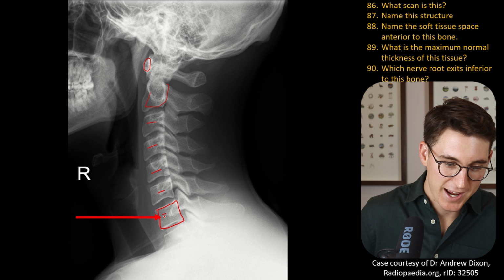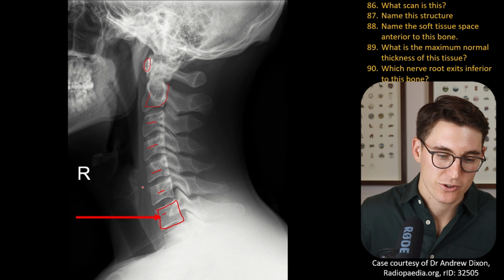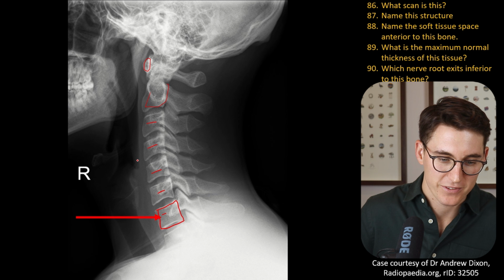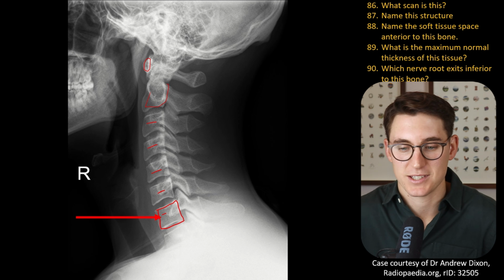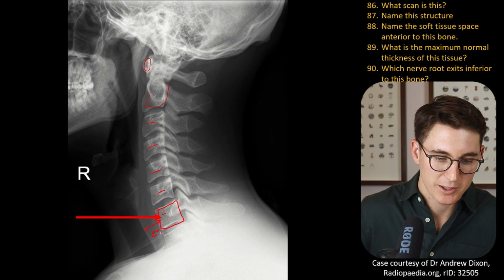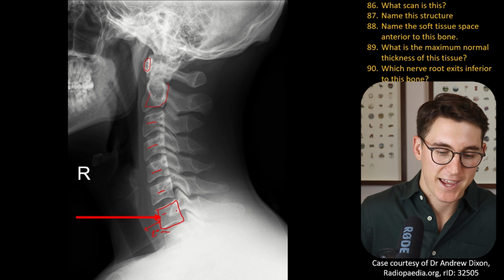The soft tissue anterior to this soft tissue here is known as our retrotracheal soft tissue, or retrotracheal space. Retropharyngeal space here is above the level of C4, a much thinner space there. We allow the maximum thickness here. It varies between texts, but generally we say 20 millimeters or 2 centimeters of retrotracheal space ahead of our